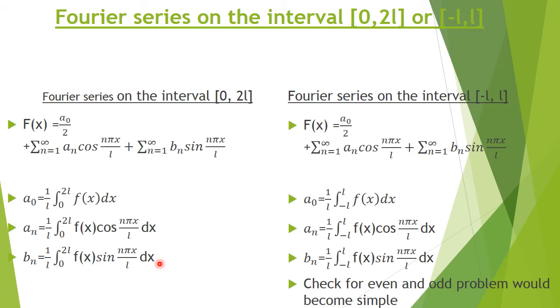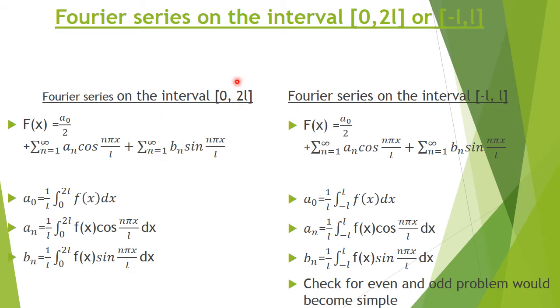See, this is a general formula. It can be applied everywhere. Suppose for example, you want to apply it for the 0, 2 pi interval. You can apply this by putting L is equal to pi. If you put L equal to pi, then what happens? It becomes 0, 2 pi. So wherever you have L, you will write pi. So pi and pi get cancelled and the formulas will be converted as an cos nx plus bn sin nx.